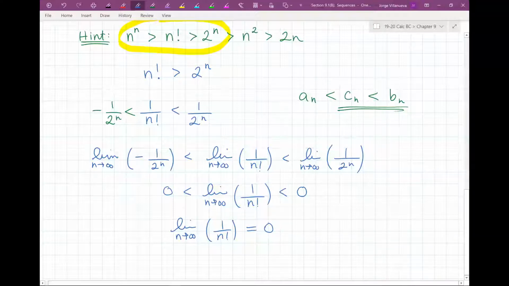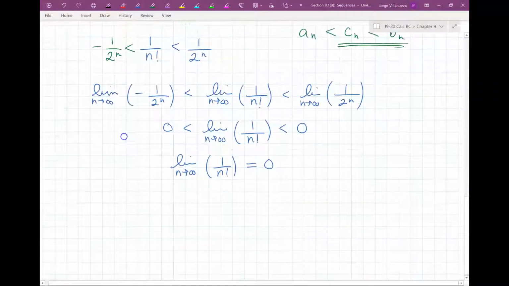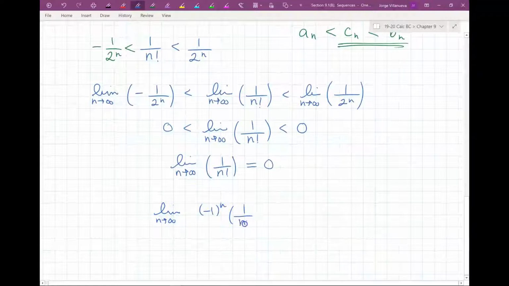But remember, c sub n was not just 1 over n factorial, right? C sub n was, we're going to take the limit as n approaches infinity of negative 1 to the n over 1 over, negative 1 to the n times 1 over n factorial. Well, we already know what the limit is for 1 over n factorial, right? So will the negative 1 to the n make any difference if it's a 0? No. No, so this is still just 0,